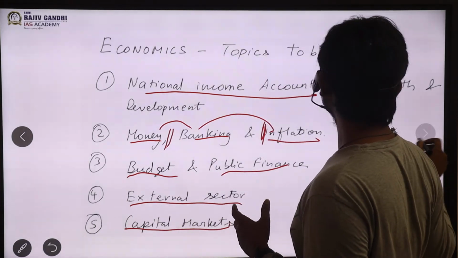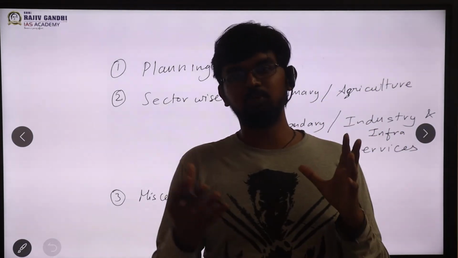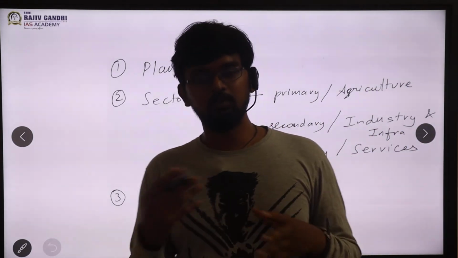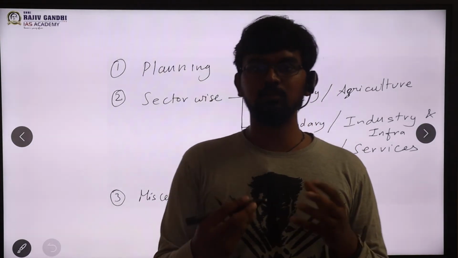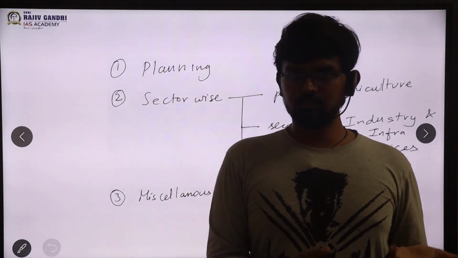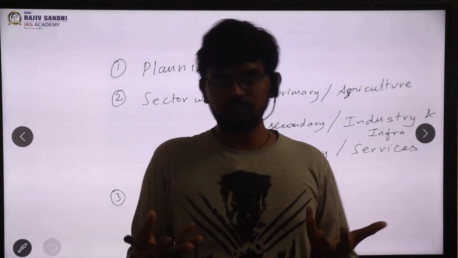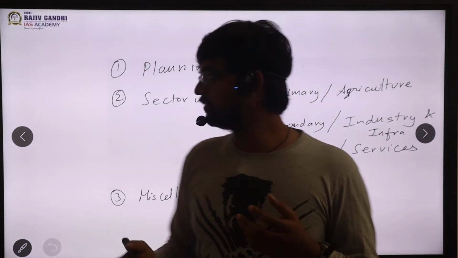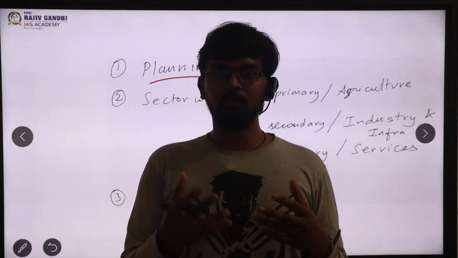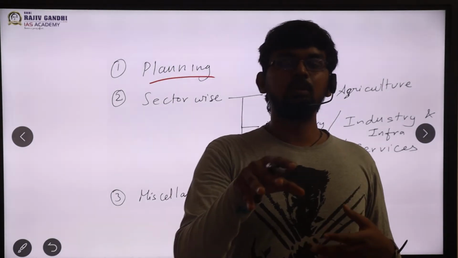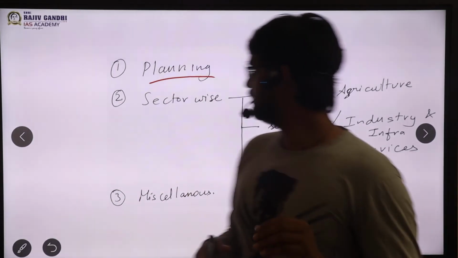Next we will be moving into planning. So basically, next we will be moving into the Indian economy aspect of things. Essentially most of the aspect over here is factual. So sometimes UPSC also asks factual questions. There was a question on the 5-year plan, I think in the last prelims. So they are asking factual questions, and we'll be looking at that kind of question. Basically we will be looking at planning in and out. Like, what is central planning, what is indicative planning, and what are the various 5-year plans, their objectives, etc. It is a very factual part, not much application oriented.